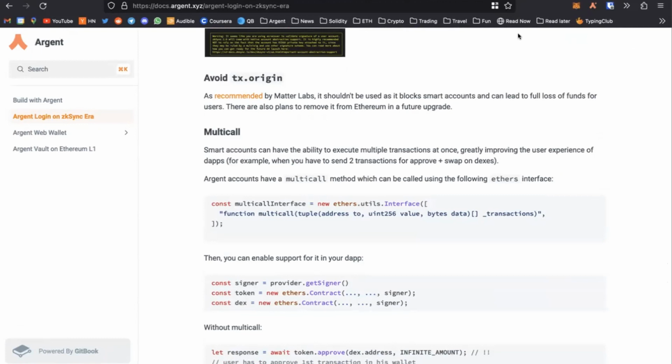Silly question, maybe. Is there a way to build session key logic on the dapp and then Argent just approves it? Well, no, because the Argent account wouldn't validate that transaction.